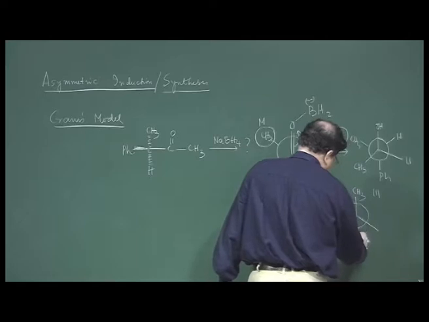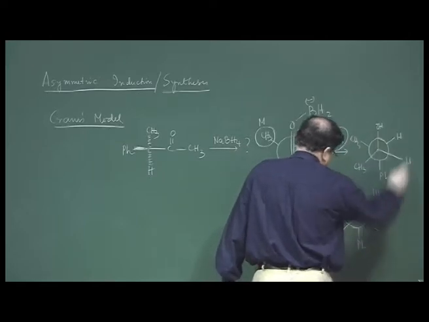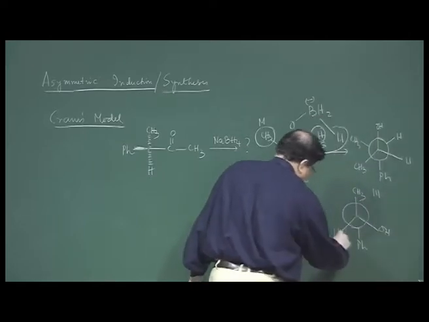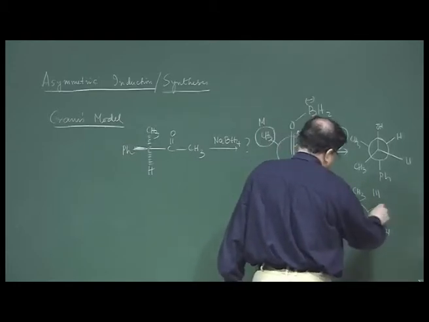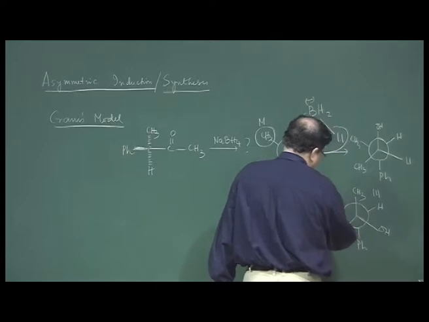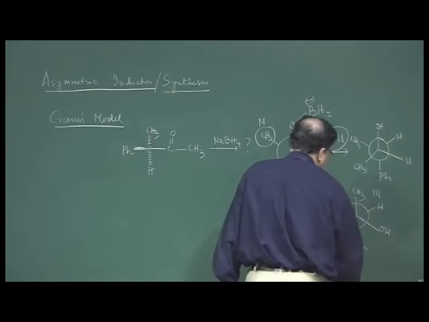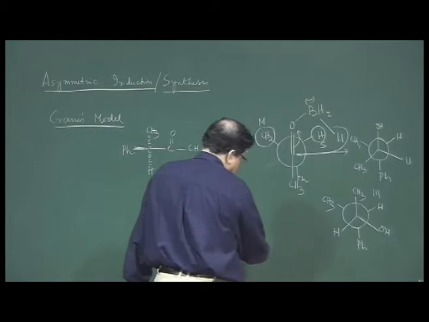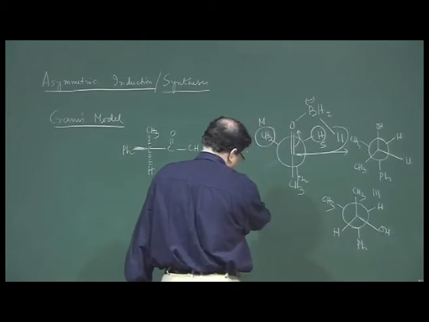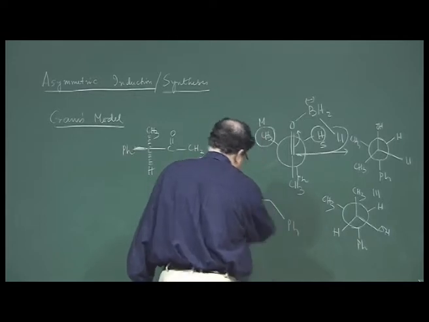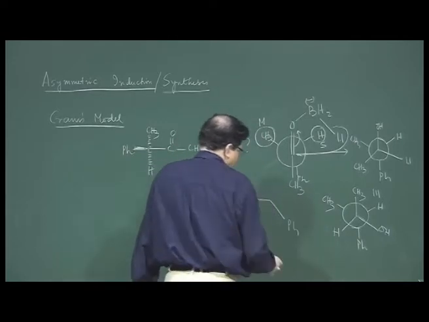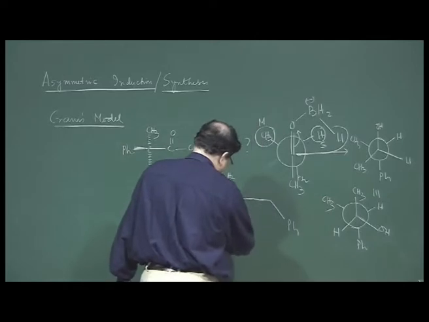So, first check the methyl here, then OH there and H here, and the phenyl remains at the same position. So, hydrogen and this is methyl. Now, you see that if you draw a zigzag conformation, so basically the methyl, then this and the phenyl. So, this is phenyl, this is methyl, and then you have